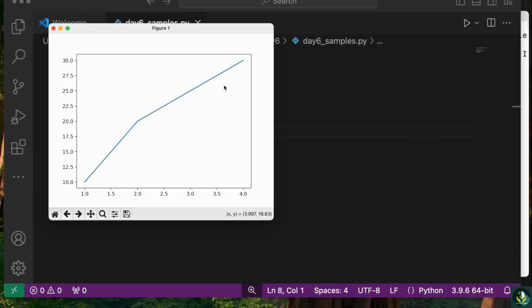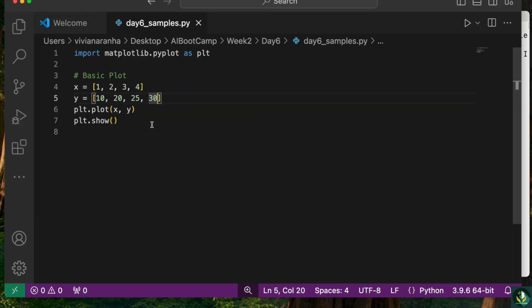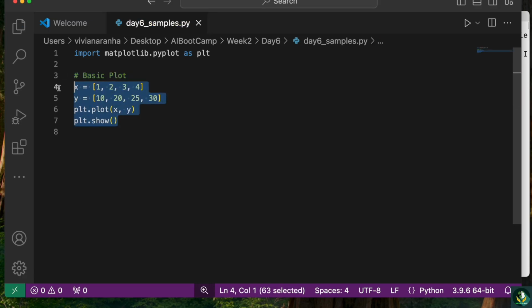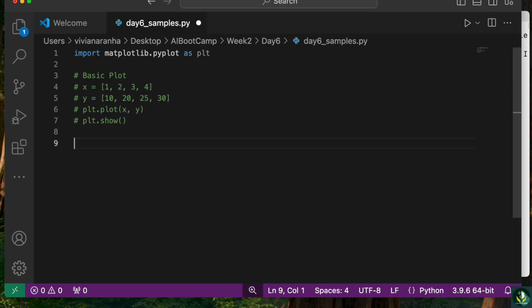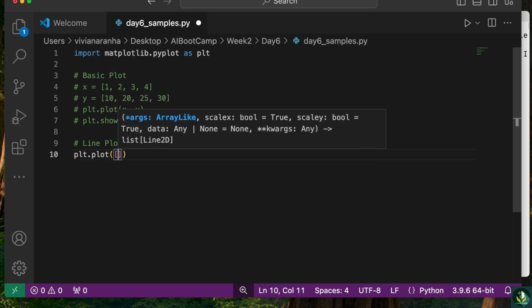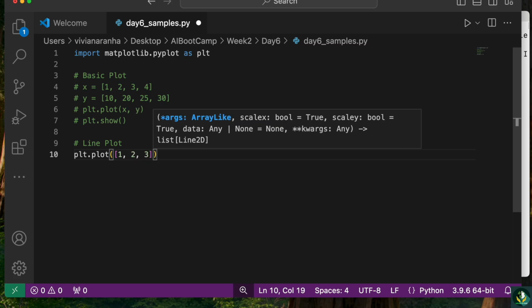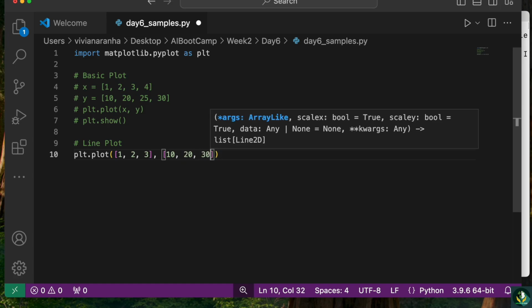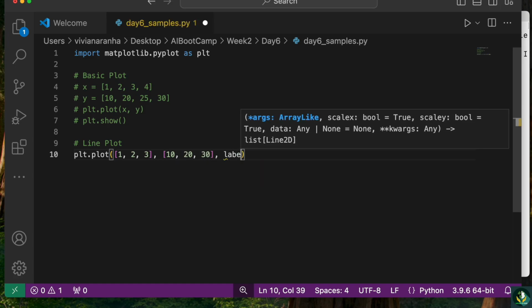Next, let's look at some basic plots. We have the line plot, used to visualize trends over time or sequences. We just saw one which is similar to that, but we can create another one. I can keep this for future. So for line plot, plt.plot. I can directly use that, and instead of creating variables, I can say 1, 2, and 3 here, give the first list. I want to give the second list, which is 10, 20, and let's say 30, and I am going to give label equal to